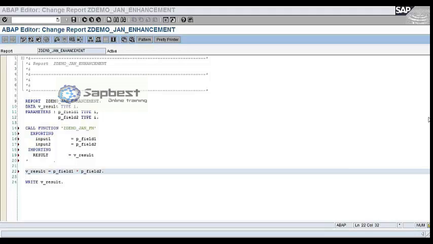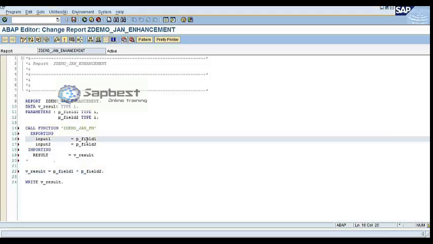What if the function module is also a standard one? If the function module is also a standard one, then it's not called an enhancement. In enhancement, these function modules will be in your customer namespace. For example, if you want to see this,